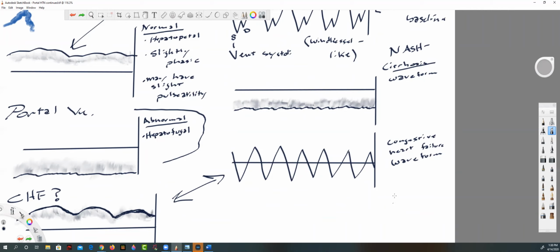When someone has congestive heart failure, the blood pressure in the right atrium goes way up. And so with higher blood pressure in the right atrium, that creates more of a backwards flow in the hepatic vein. So if you have an exaggerated